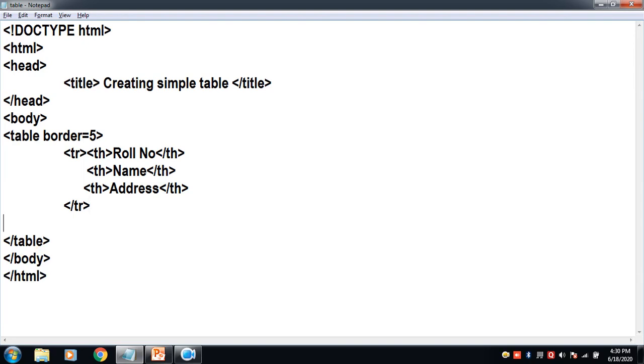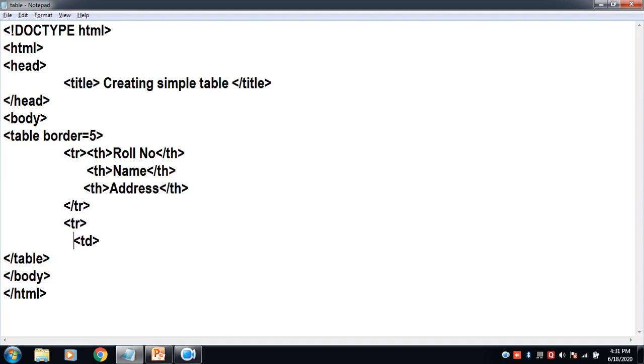Now the next row contains the student's details or student's record. So once again we start with the tr tag. Now this time we don't need to use the th tag because we don't have any heading over here. So here we are going to use td tag. Now let me tell you the difference between td and th.